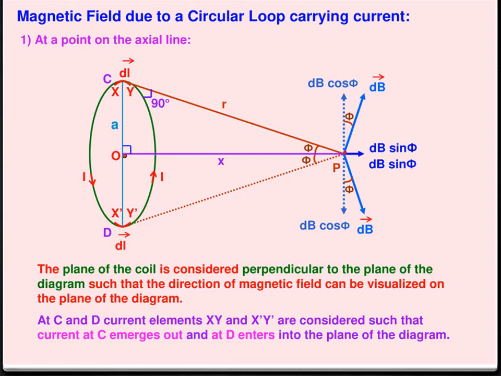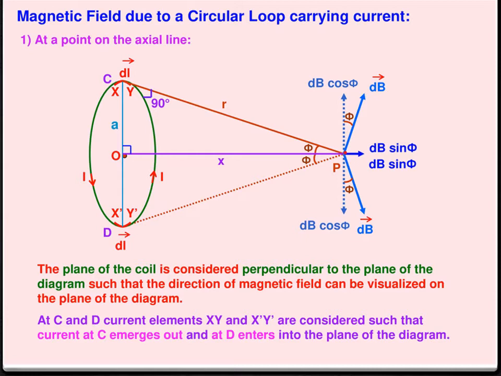At the point P, the magnetic field on the axis of the circular coil at a distance Z from the center of the coil O is computed by taking two diametrically opposite line elements of the coil, each of length dl at C and D. Let R be the vector joining the current element at C and the point P.